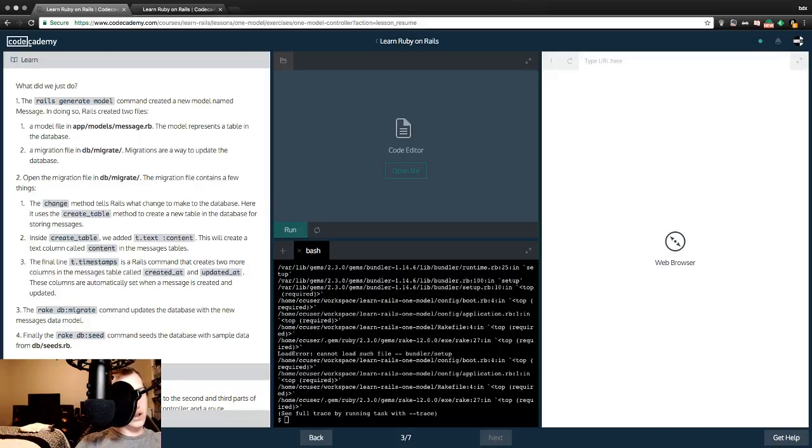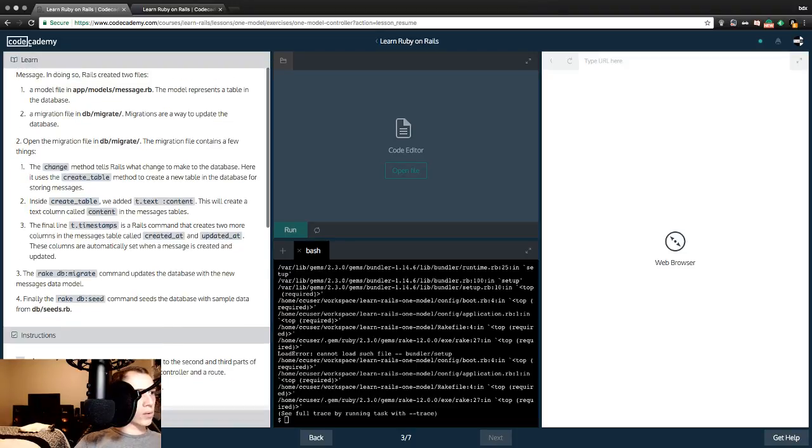This will create a text column called content in the messages table. The final line, t.timestamps, is a Rails command that creates 2 more columns in the messages table called created_at and updated_at. These columns are automatically set when a message is created and updated. 3. Rake db migrate